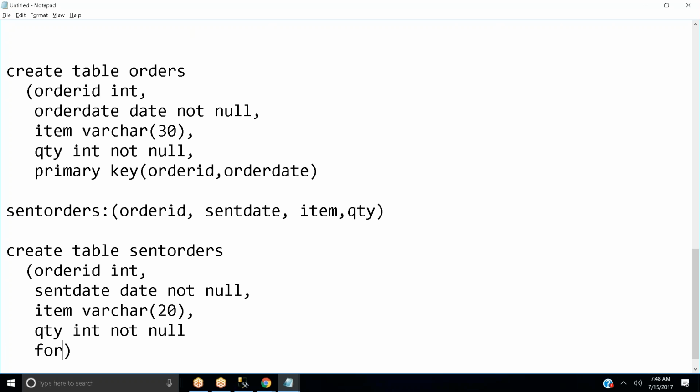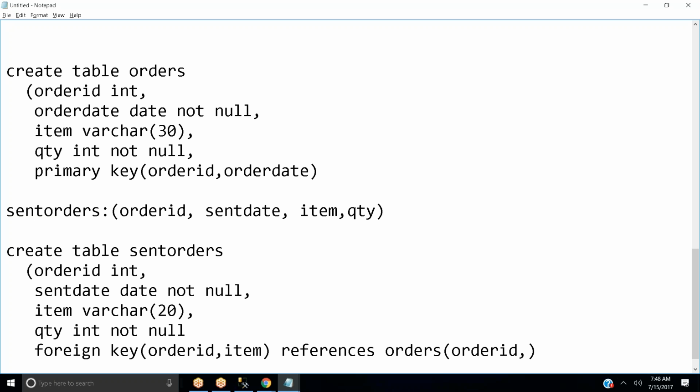As a combination foreign key, then order ID, sent date of this particular table. It should refer as references, orders table, and to which columns you want to specify, order ID and order date. So you need to write like this: order ID and order date.